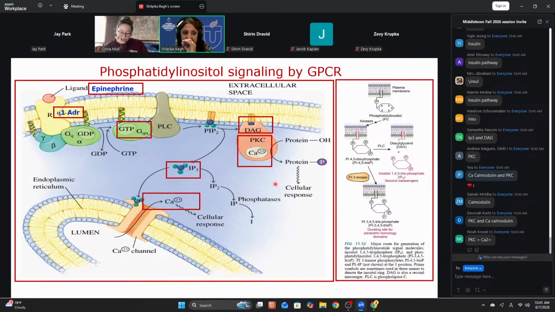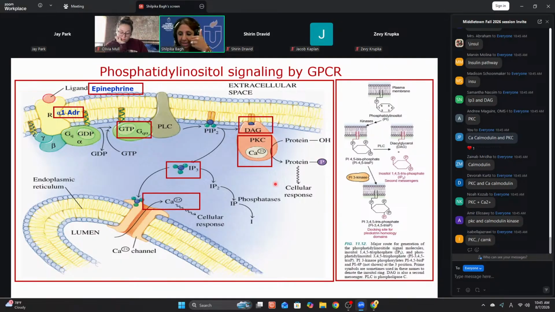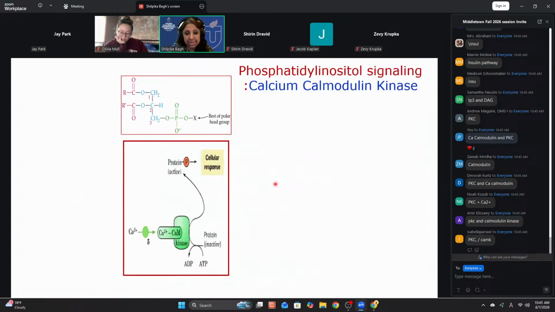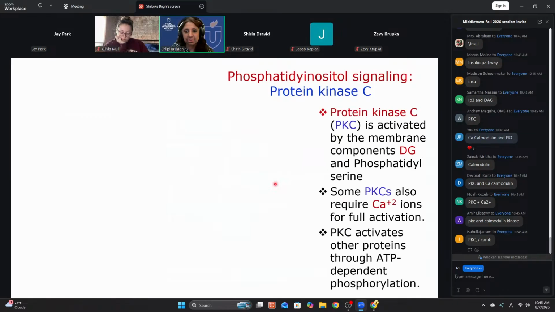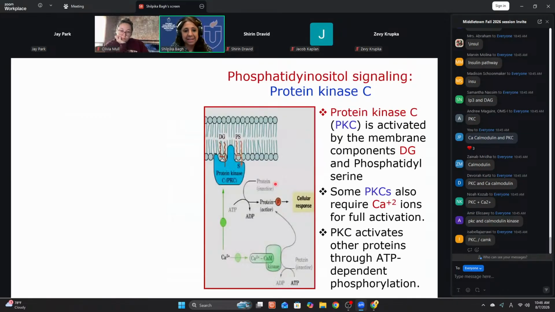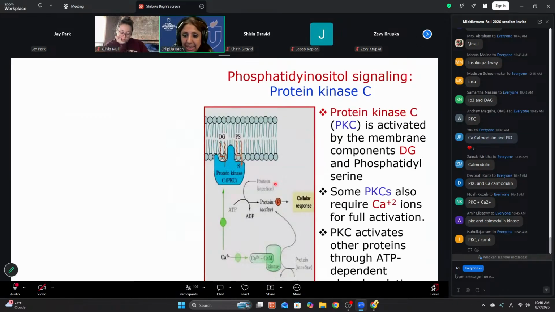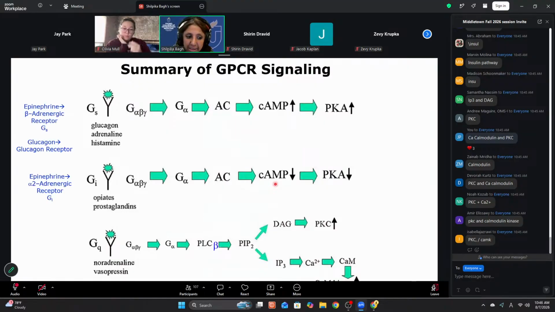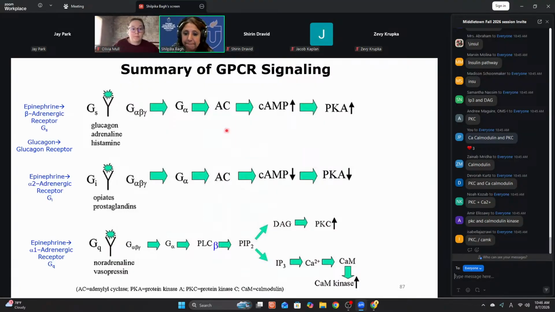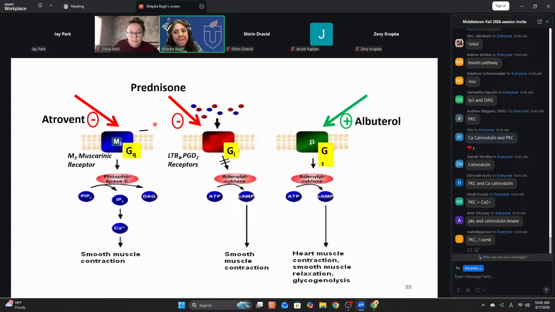Yes, somebody answered very specifically PKC and calcium calmodulin kinase. They are the enzymes. Differentiate enzymes and second messengers. PKC and calcium calmodulin kinase should be active right at the end of Gq signaling. So please fill it up, right? Please know that CV may or may not be tested, but it's part of the interactive session.